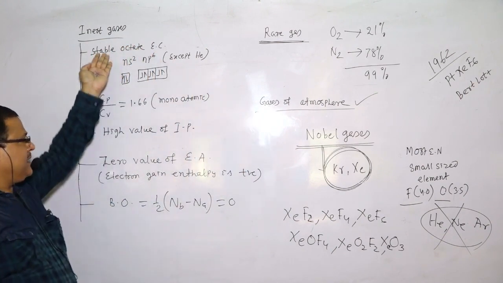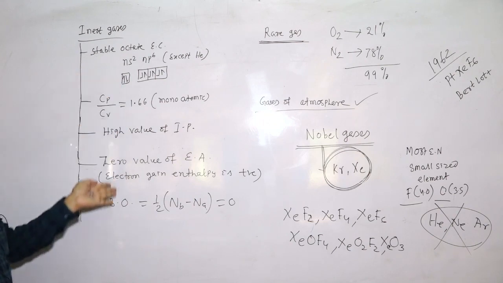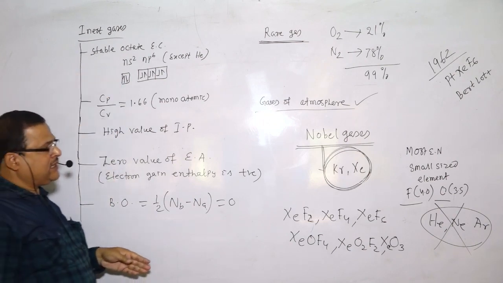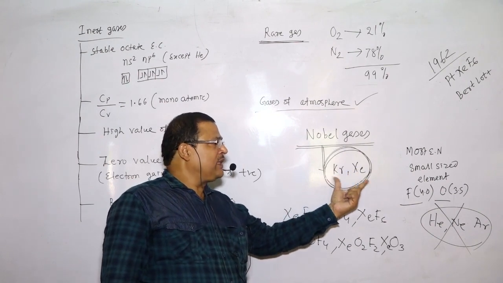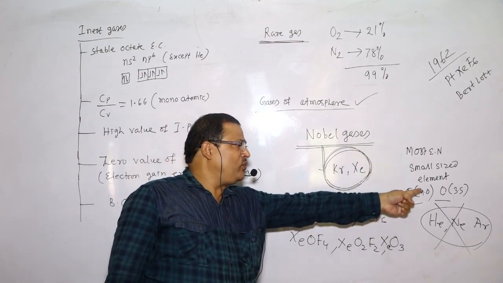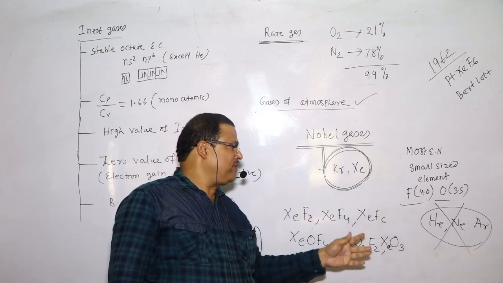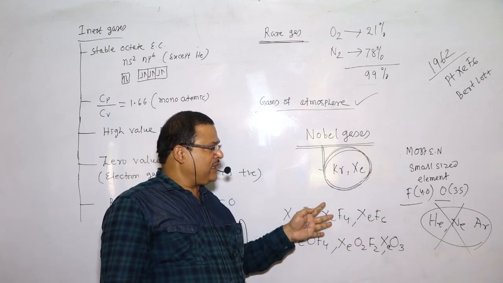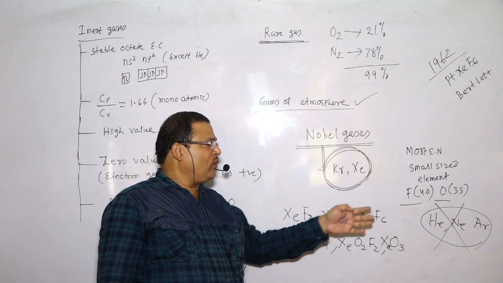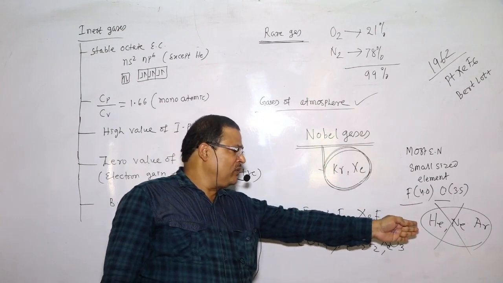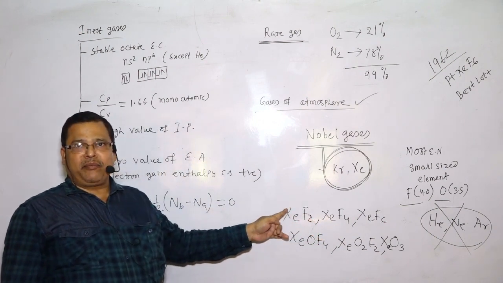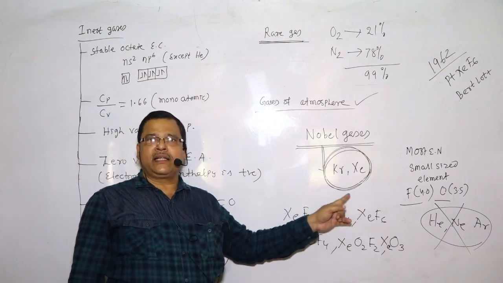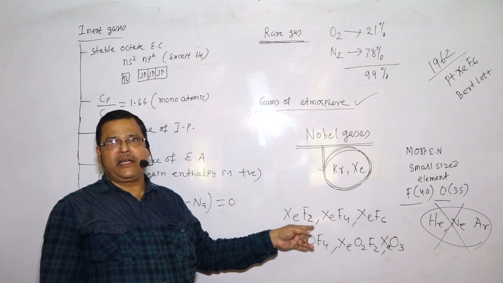These are the reasons for the inert nature of these gases, and they are noble gases because particularly these two elements of this group have the ability to combine only with two elements of the periodic table to form compounds. So in the coming class, we will discuss why the others have no ability to form compounds, why compounds are possible, and the formation of these compounds, their structures, and their chemical properties.